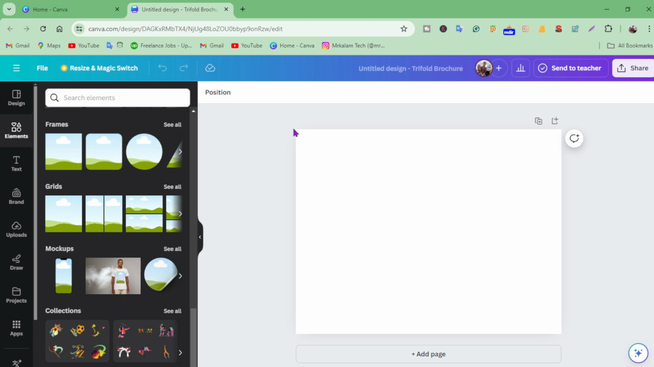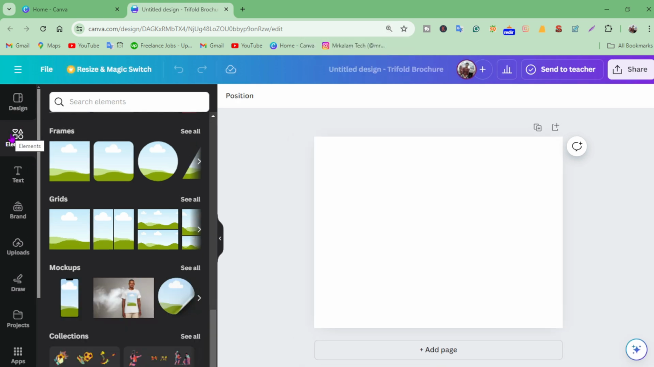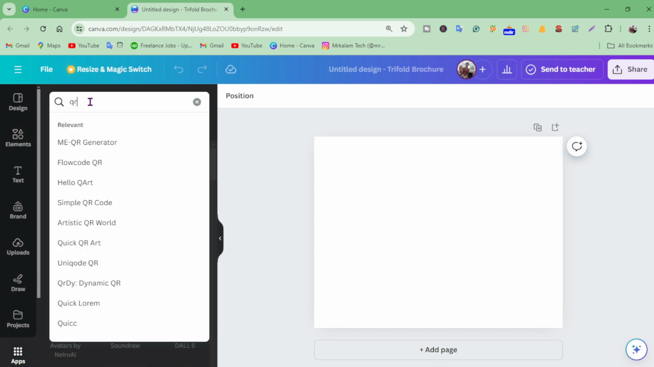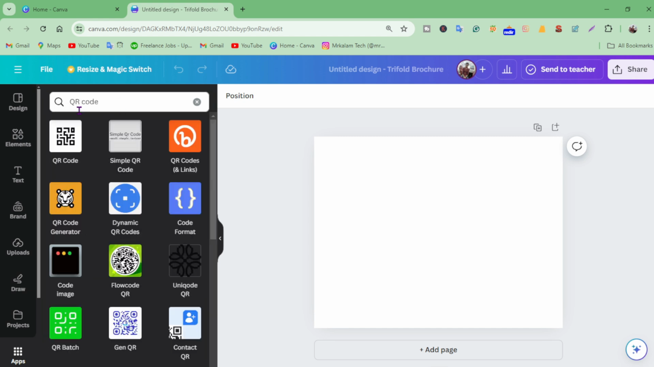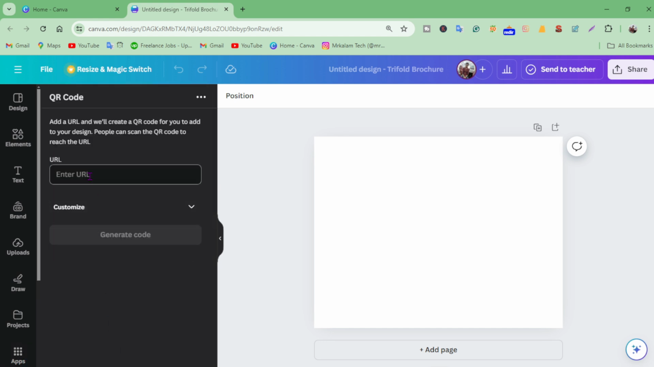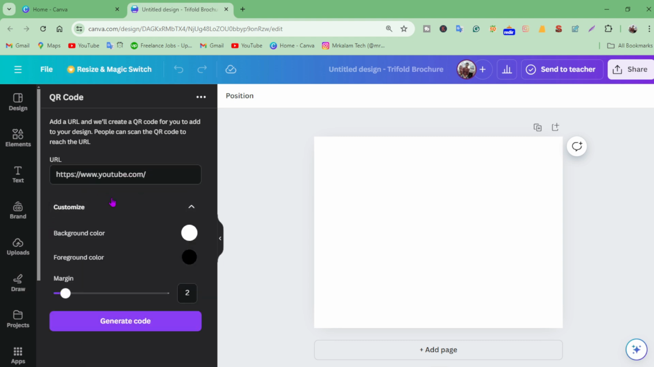So first of all I'm going on canva.com, then you can see Elements, just click here, Elements, just click here QR code, otherwise go to the Apps section, then here type QR code. You can see I typed QR code, then paste this, open it, then paste your URL. So I pasted youtube.com,